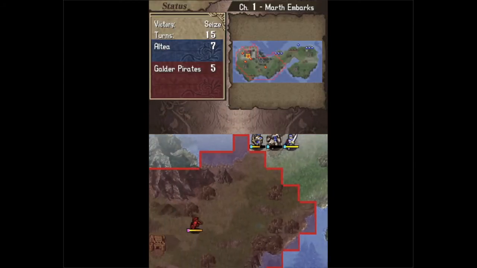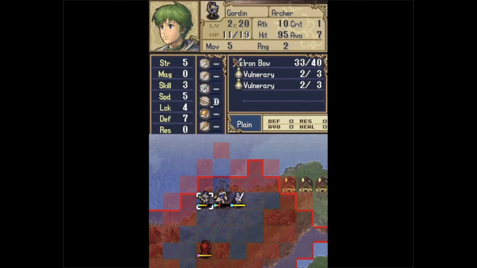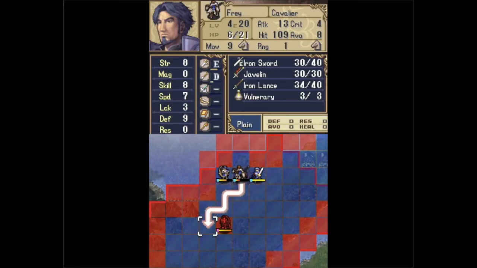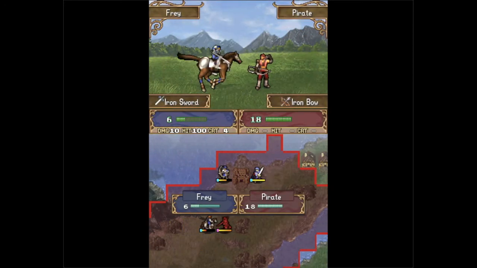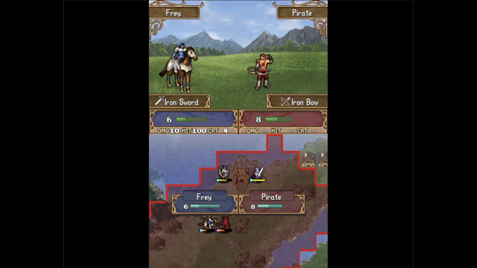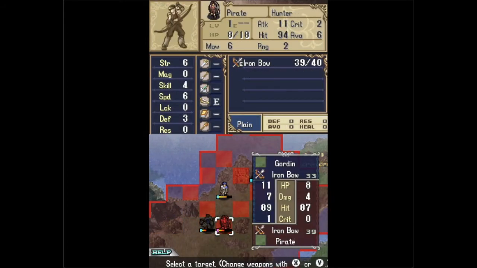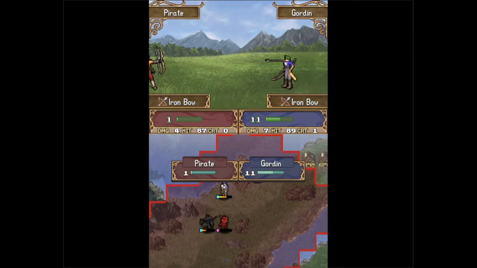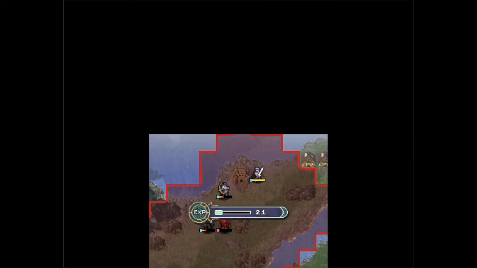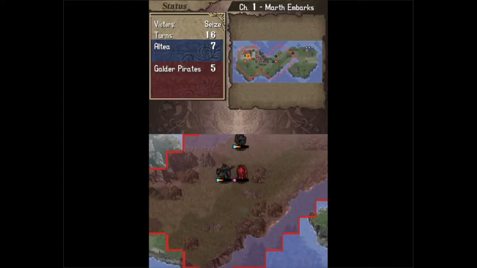Because what we could do is, we could have vulneraried there, but honestly, I didn't feel like it. Eh. It's whatever. Maybe we should have Iron Lanced him just so that Gordon could have... Ah, Gordon could have killed him if we Iron Lanced. That's okay. Let's get Marth out of the way, and then...